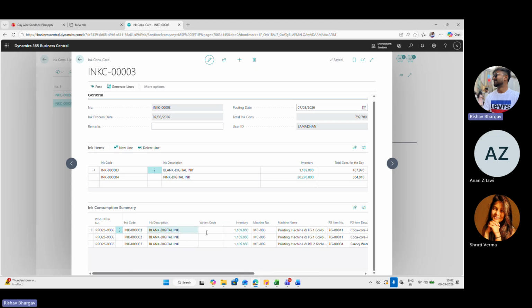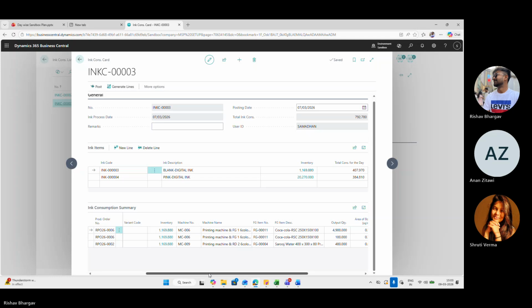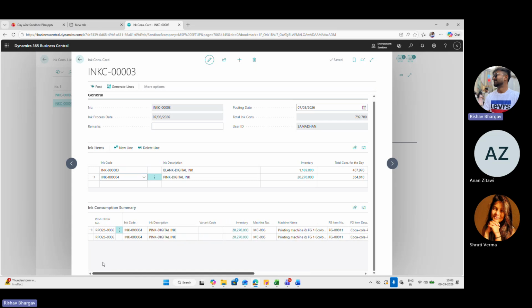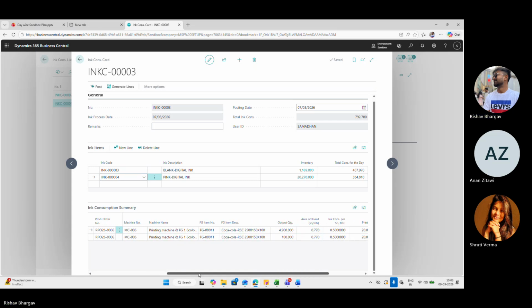Ink 3 will be consumed in RPO number 6 and in RPO number 2, and for ink 4, we see there are 2 RPOs where it will be consumed. There are 2 jobs. We call them jobs.